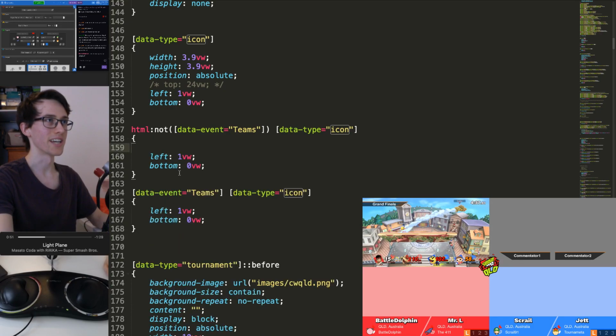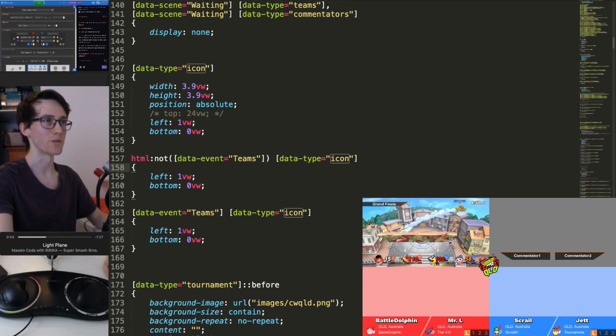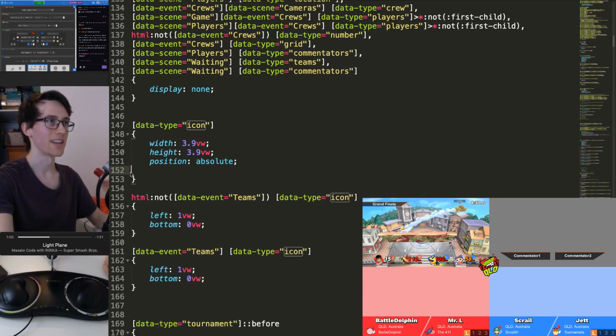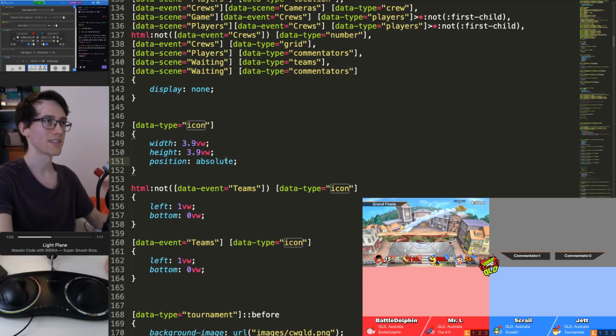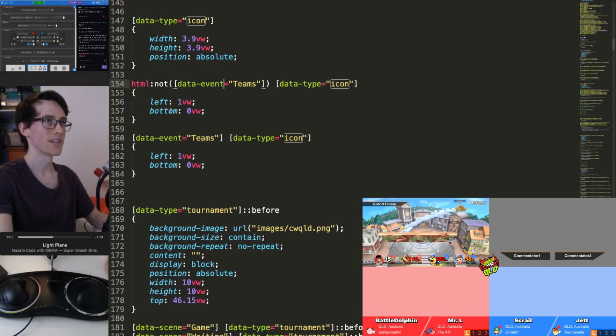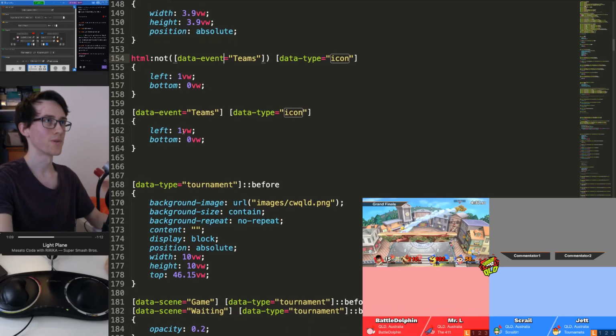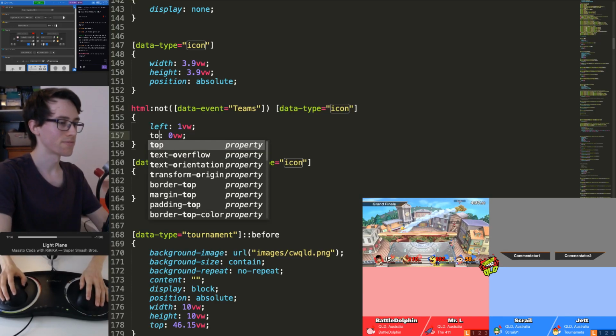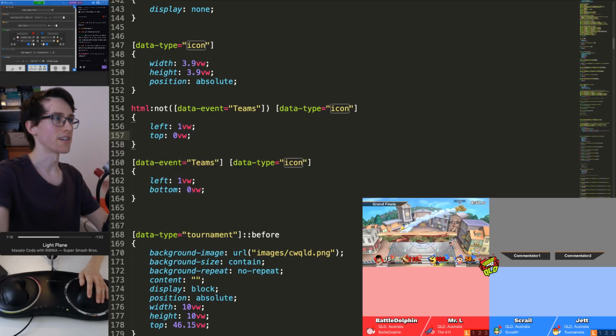So now I'm deleting everything that's not specific to singles or doubles. And this section will apply to both singles and doubles, so I need to get rid of the positioning and leave the size here. So for singles, I probably want it to be top instead of bottom. So if I save that,